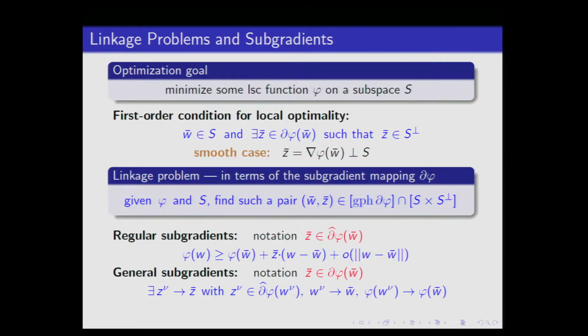I don't have to use a complicated notation because everybody here understands a little o term. So the definition of a regular subgradient is just like the definition in convex analysis, except you have this error term. And then what I call the general subgradients, or just subgradients. And notice here for the regular ones, I have a little hat. And Radu had that too. Boris has that too in his definition in his book.